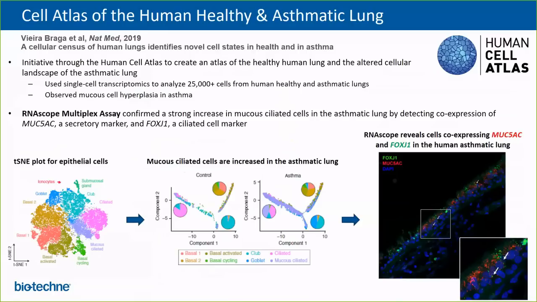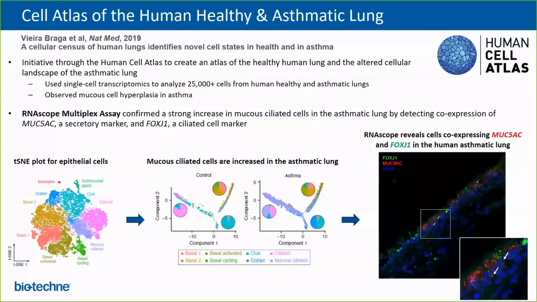And just last week, the Human Cell Atlas, co-led by Sarah Teichmann, published this seminal paper in Nature Medicine describing a cell atlas of the human healthy lung as well as the asthmatic lung. With regards to asthma, using more than 25,000 cells from healthy control and asthmatic lungs, they revealed mucus cell hyperplasia